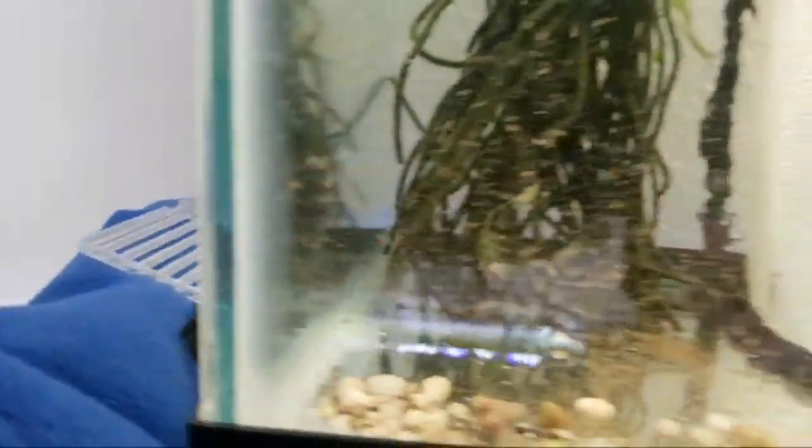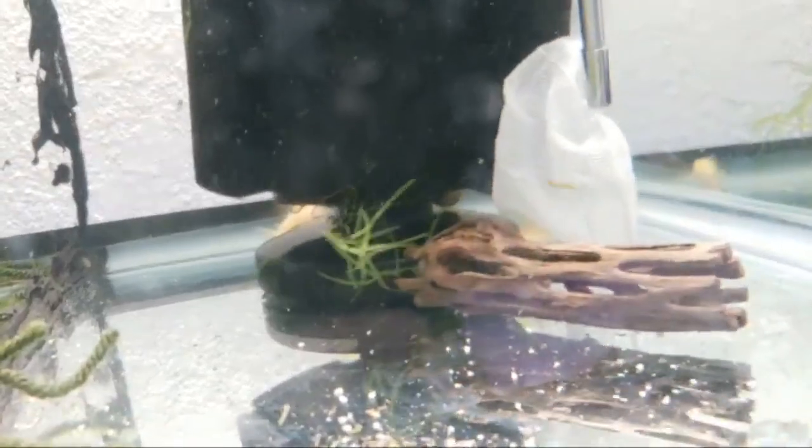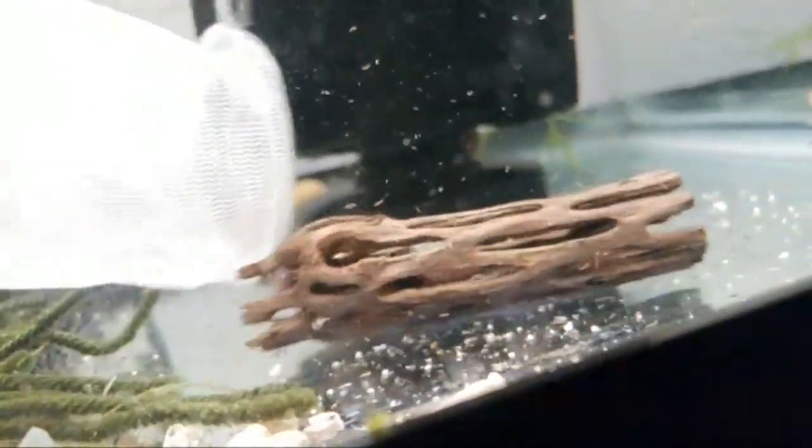The other fish really eat the babies badly, or eat the eggs badly. But the males, and see the bottom's all mulmy where there's rocks down here, and that is because, I mentioned the cholla wood that used to be 8 inches long. Well, when you put pleco babies with it, the adult pleco breaks off the end, the babies just chew it around, and every day this tank has to be gravel vacked, just a few pumps at least,